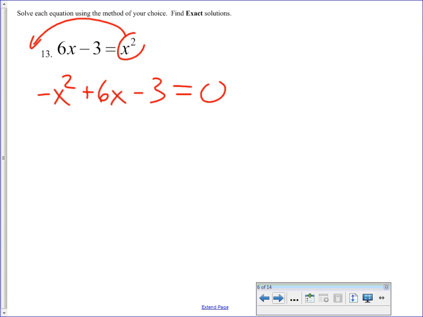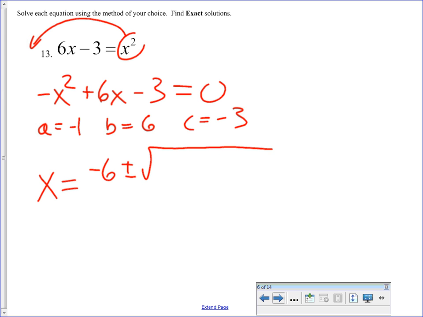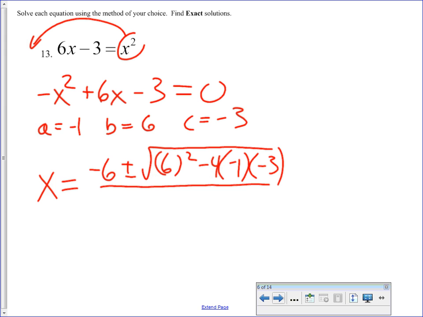And when I look at the graph, once again, it does not appear to be an exact answer, so I'm going to use the quadratic formula. A equals negative 1, B equals 6, C equals negative 3. So x equals negative b plus or minus the square root of b squared minus 4 times a times c, all over 2 times a. So I'll end up with negative 6 plus or minus the square root of 36 minus 12